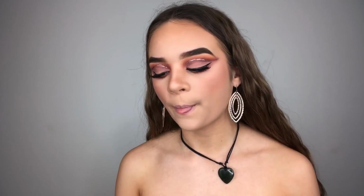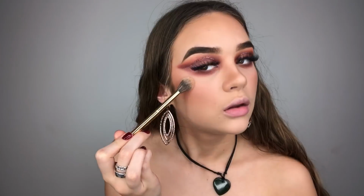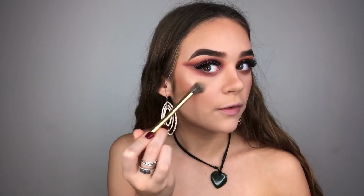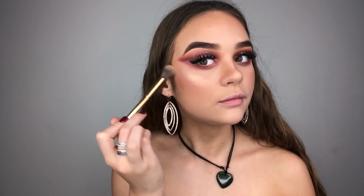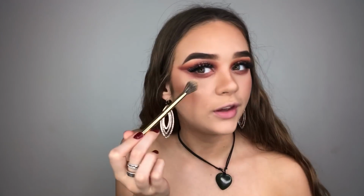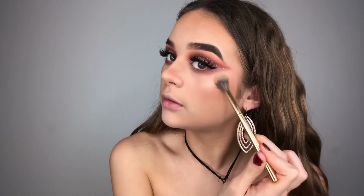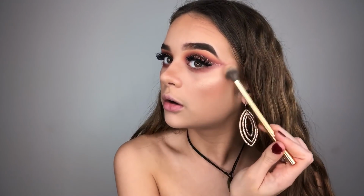It's just great. So I'm going to take my Morphe Y14 and just swirl into that. And just, wow. This was like $19 and Maybelline, you've really stepped up your game because that's just amazing. It just gives the most nicest golden glow